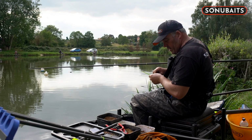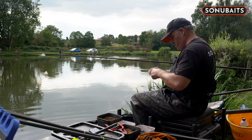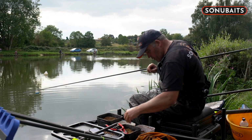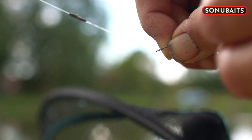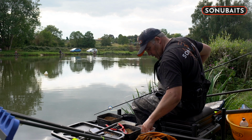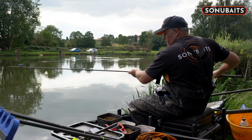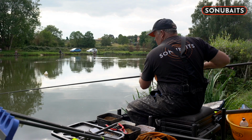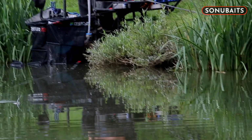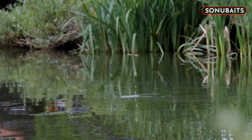Just thinking about what I'm doing with my pellets, introducing a few 4 mils. Might have to change as we go along, but we're just going to stick with that for a bit. Nice chunky bit of corn. 25 little 4 mils like that, something like that. I don't count them out, obviously. Little tap of micros over the top. Just tap them in first, and then just hook bait